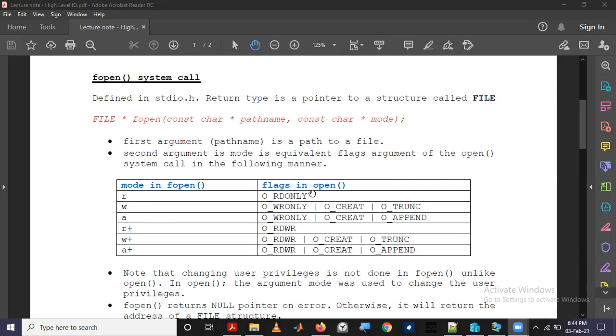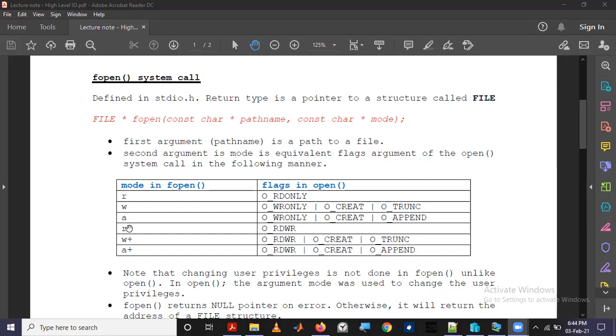If it is read only, there is no meaning in creating or truncating, so read only is used alone, and we can abstract it using simple R. If you specify W, then it is open for write only, but it will create if the file does not exist, or truncate. If you say A, standing for append, the file will be open for writing. If the file does not exist, create, and if the file exists, content will be appended.